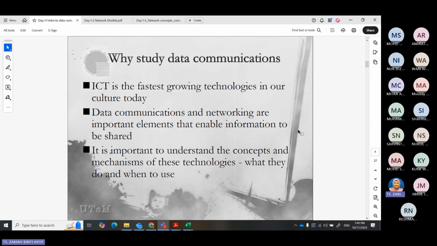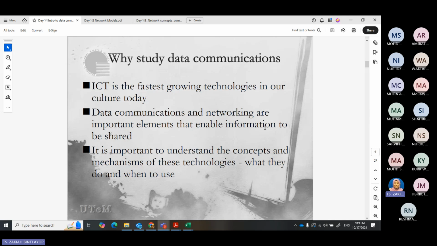Our daily business and operations require that we have networks and internetworks. Data communications are very important elements that enable information to be shared. So it is very important to understand the concepts and mechanisms of these technologies, what they do and when to use them.